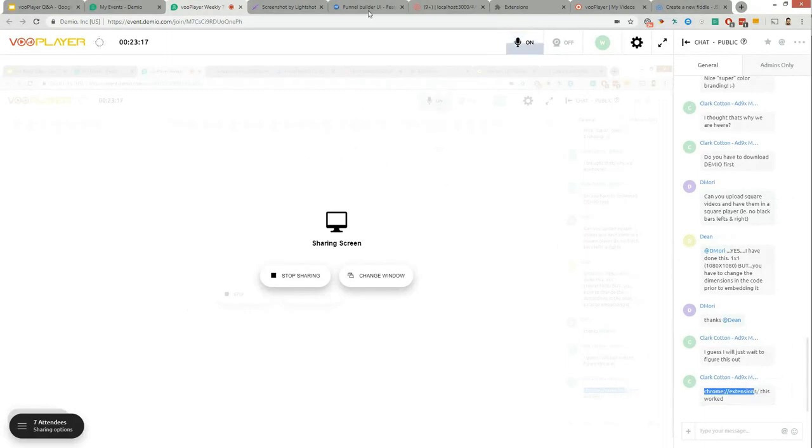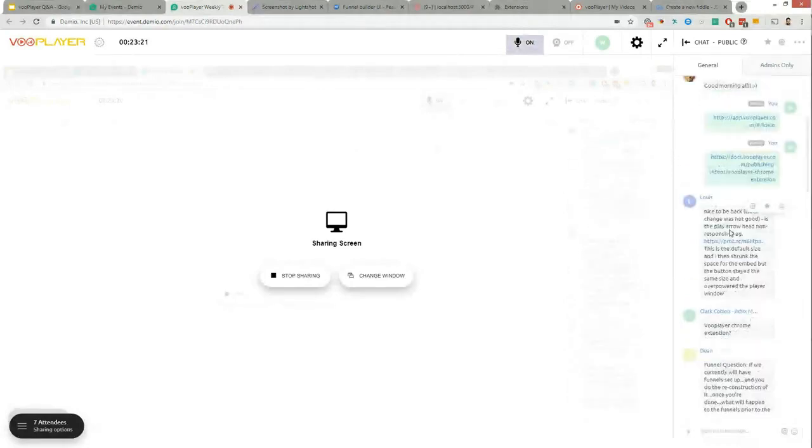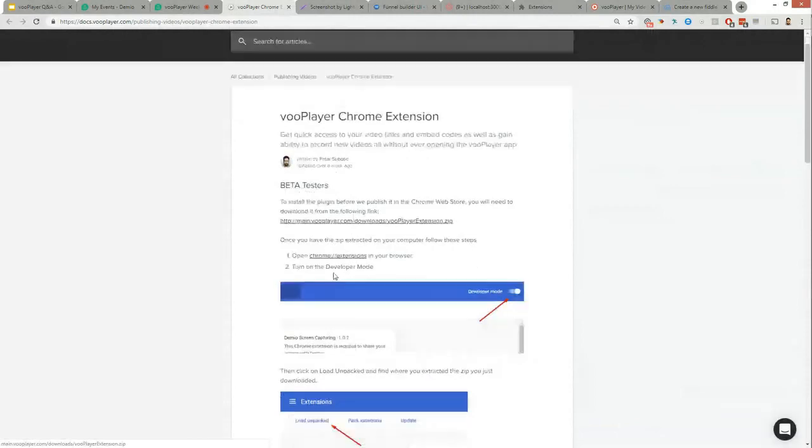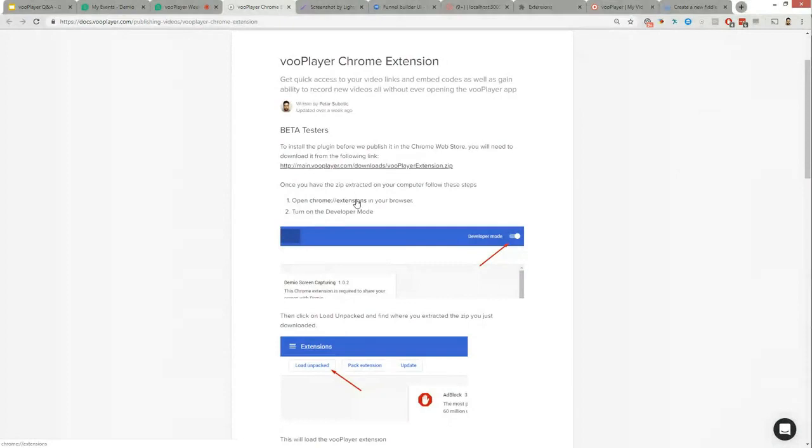If I remember correctly, the article that I linked to has the link of Chrome extensions, and let me try and click on that. Yeah, that's definitely dead from the article. So thanks to Clark for pointing it out.